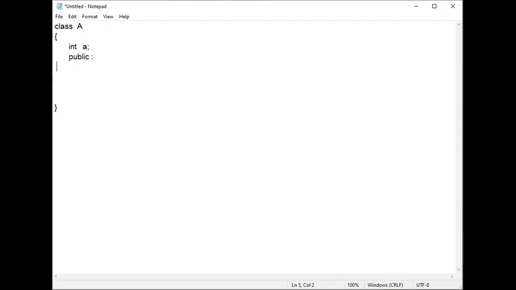Okay, there is no confusion. In identifiers, you can do like that. If you change the uppercase to lowercase, it will be treated as two different identifiers. Now, suppose I write one function called display. So what they are telling is here two things are there. One is data, another one is functions. So data